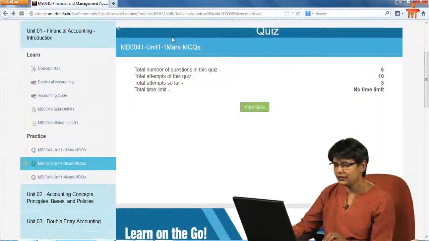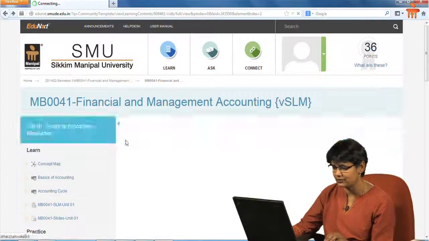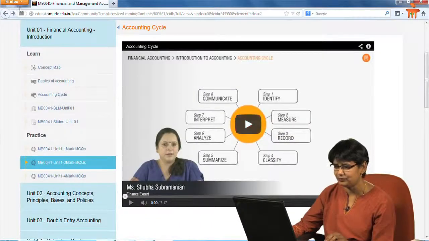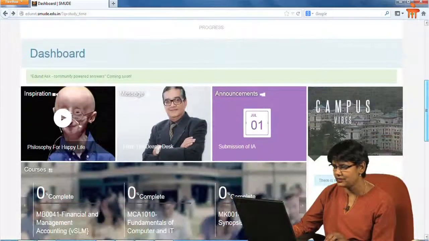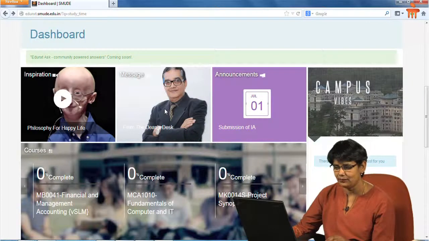So here under Learn you have seen that you have your course book which will take you to your subjects, the subjects that belong to your current semester as well as the previous semester. So you can see these tiles. This one, for example, at present we have an inspirational video put up. The current one that's there is the one from Sam Burns. Then we have the message from the Dean. Let me just play it for a couple of seconds for you.